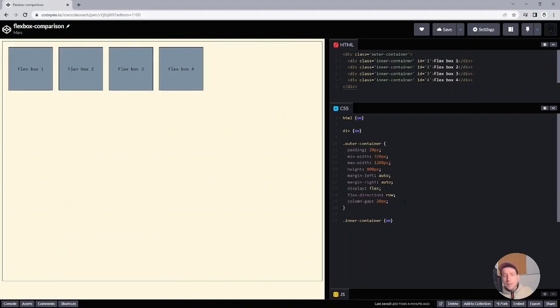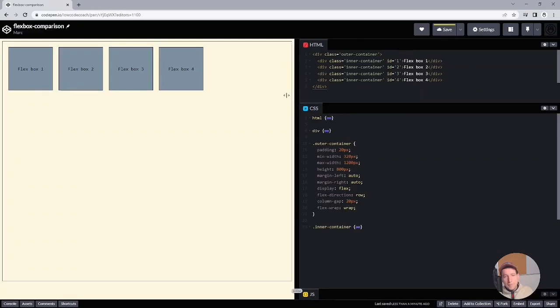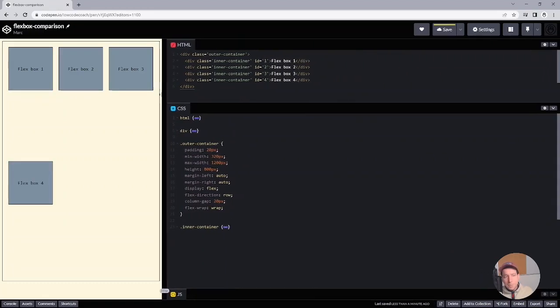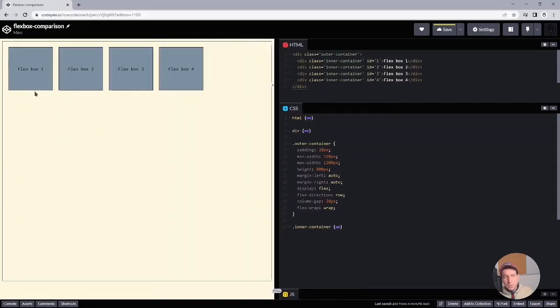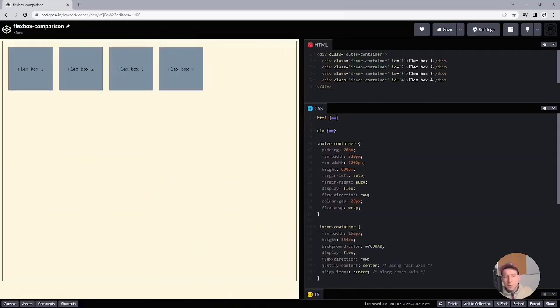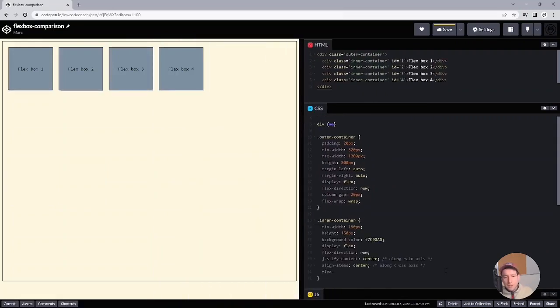So we need to add another property, which is flex wrap. And if you now resize the screen, the elements are going to wrap, there's a line break. Right now there's also a pretty huge space between these elements, but we are going to take care of that in a minute. So for now, let's again modify the inner container